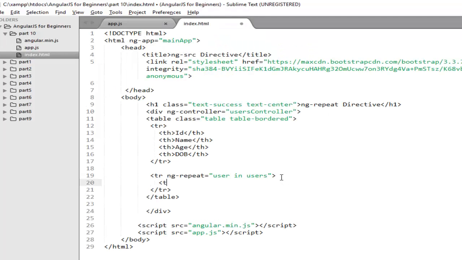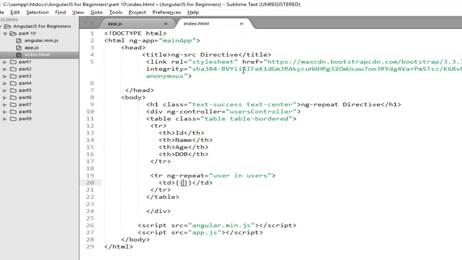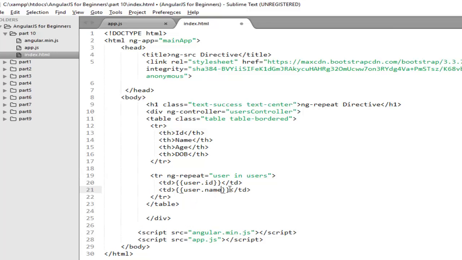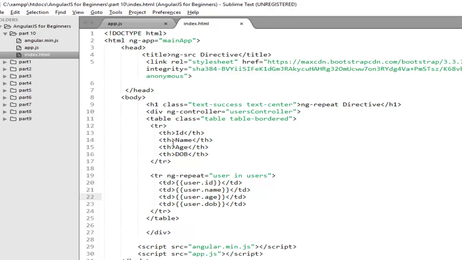Now in each tr you need to create 4 columns that will hold the values of id, name, age and date of birth. Since this is an array of objects, the user will act like an object that will hold the values of id, name, age. Now save the changes and again move to your browser and check the output.